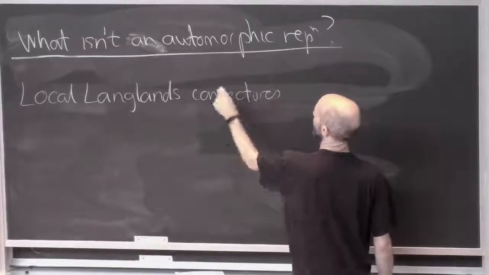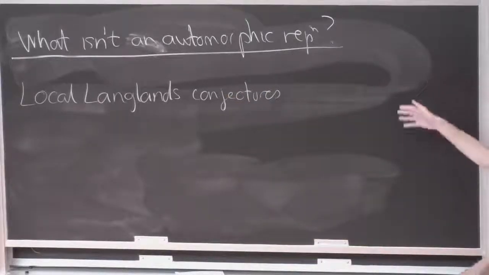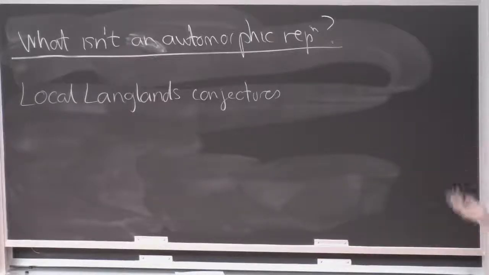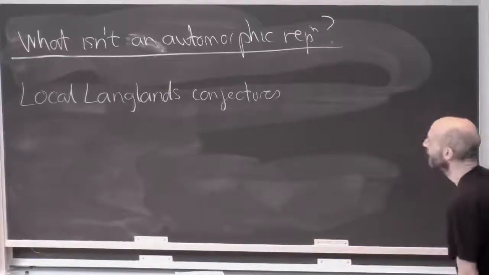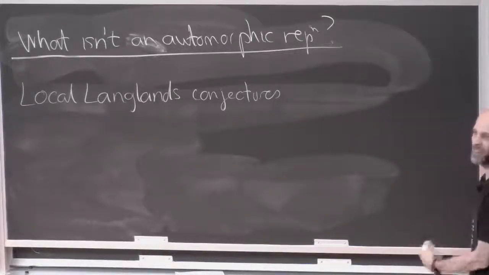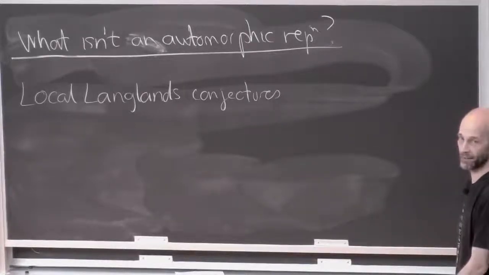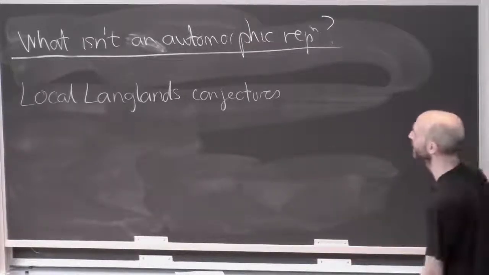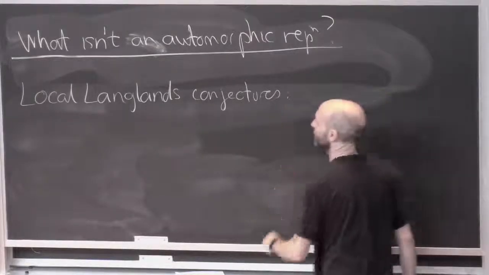There's a stupid subtlety here. This is me going on for like 15 minutes about something that one day dawned on me when I was some postdoc. It took so long to dawn on me because no one ever explicitly wrote it down. So let me explicitly write it down. I mean, maybe someone did explicitly write it down and I missed it. So, the local Langlands conjectures.